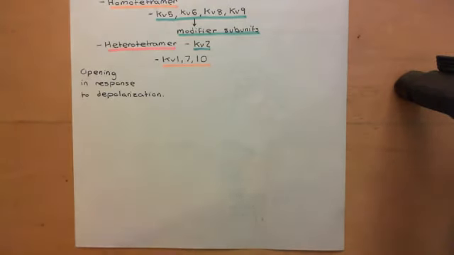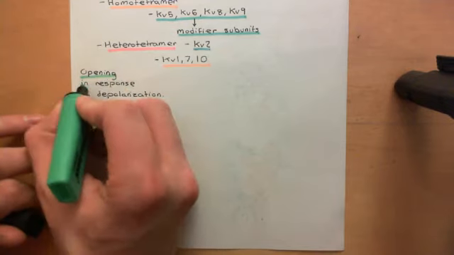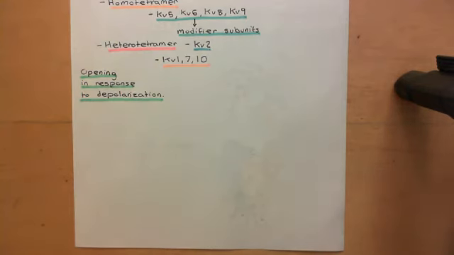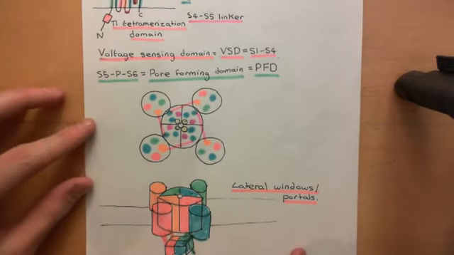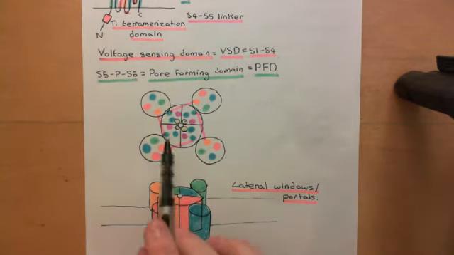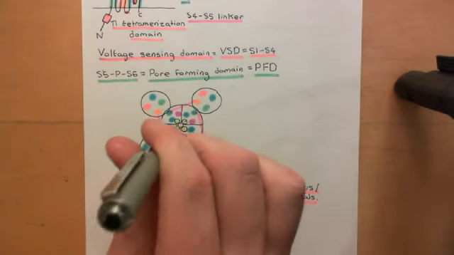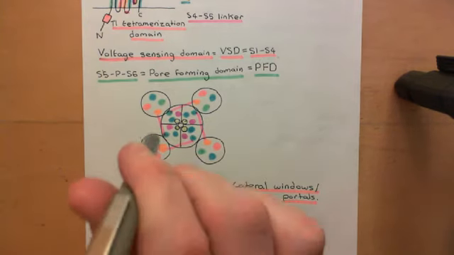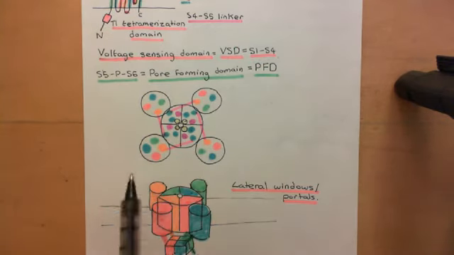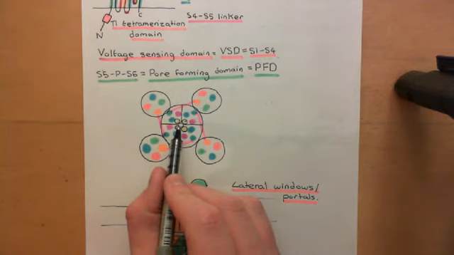Why can potassium not normally cross through the pore of the voltage-gated potassium channel? We need to discuss how the gate is closed before we can discuss how to open the gate, basically. What even is the gate? Going back to this picture of the voltage-gated potassium channel tetramer, if you're a potassium ion moving through this channel from the extracellular aspect into the intracellular portion, you will start off in this very narrow portion of the pore,